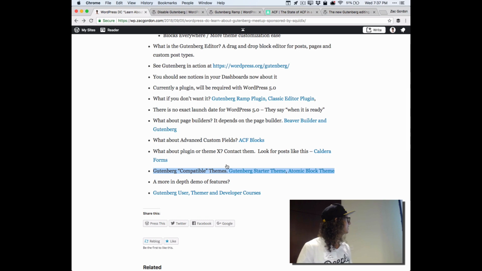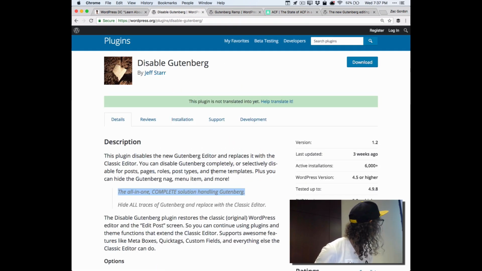Okay, last thing here about themes. Technically speaking, Gutenberg will work out of the box with any theme, but it won't be 100% compatible. So there are certain features of Gutenberg, like the ability to make 100% wide images, that will only work if your theme supports it. And so if your theme does not have all of these features enabled, when someone goes to do,